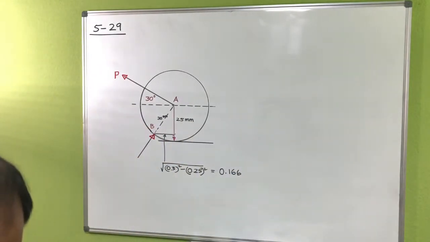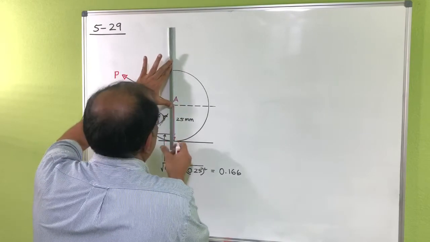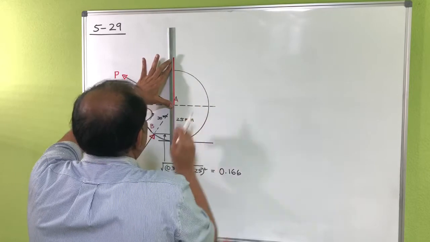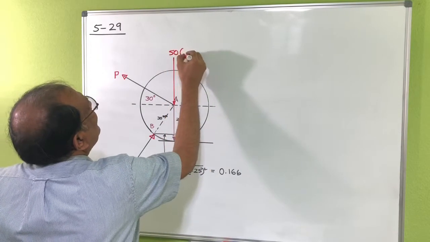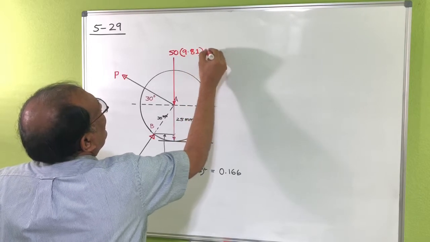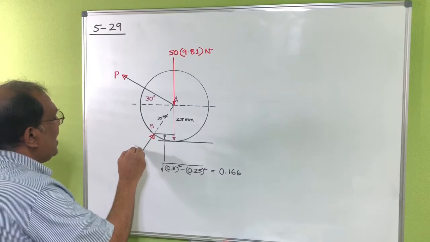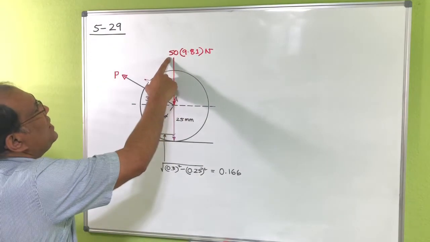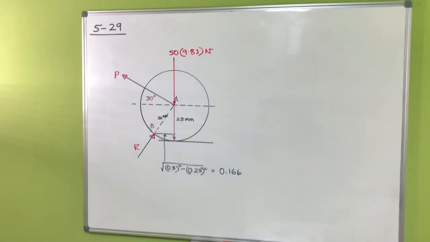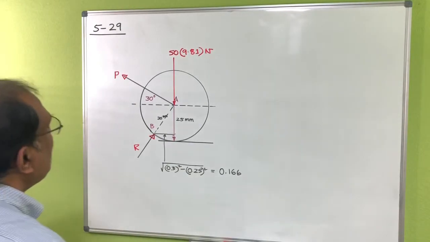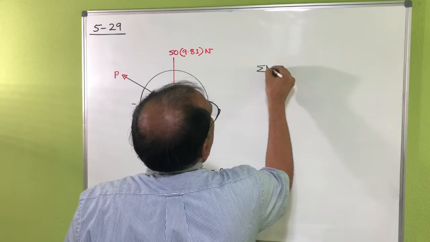Now you also have the weight that's working at the centroid, so we can show that one here. And that is 50 kg, that many Newton here. So you can see I have three forces. This is my reaction, the 50 kg force here, and the pulling force P. Okay, so now if I take the summation of moment at point B,